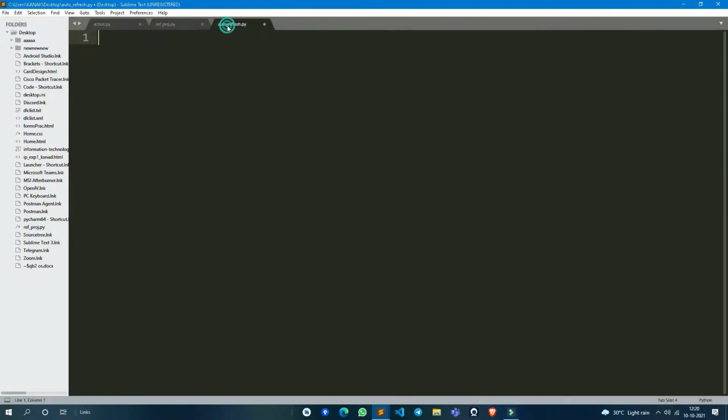I am using Sublime and I have created a new Python file. First of all, we want to import PyAutoGUI. Import PyAutoGUI. This name is very big to type many times, so I'm importing it as PG. I can access this using the short name PG. Import PyAutoGUI as PG. The concept is you have to provide the coordinates where you want to refresh, or you can say automate the refresh, in which place.